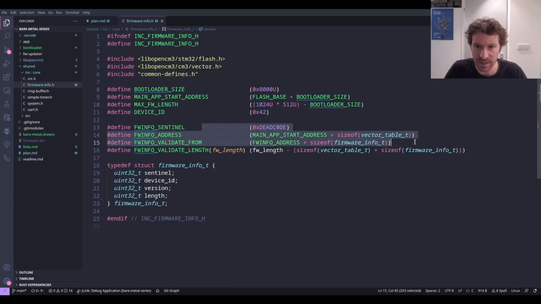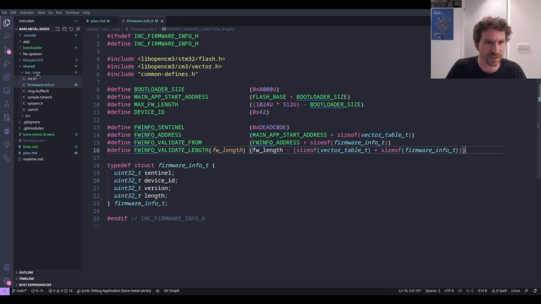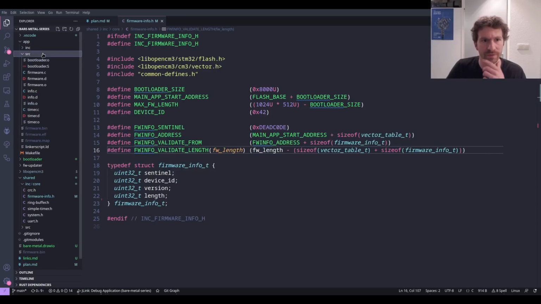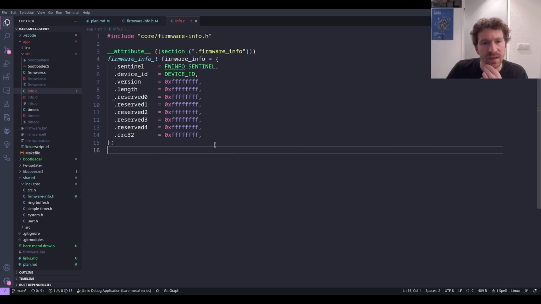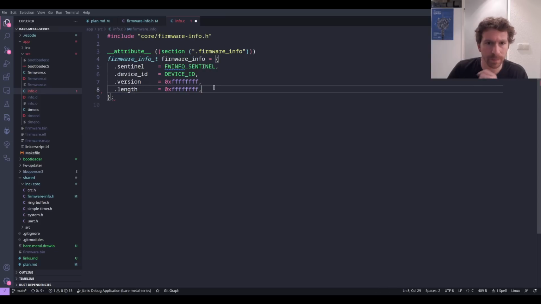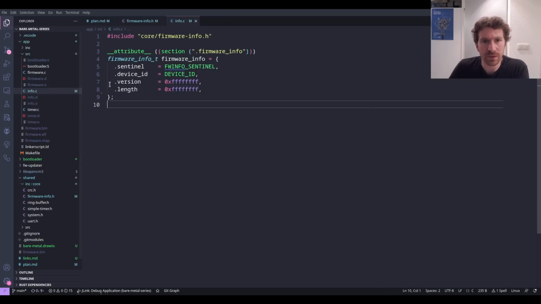And this stuff is probably still, for the most part, okay. I think we're going to need to change a couple of things here. But let's actually go to the application part first and open up the info, and we can get rid of these fields here. So what we're going to be doing now in the firmware signing program is filling in, either in the signing program or the update, I think in the signing program, this version and this length, and we're also going to want to have